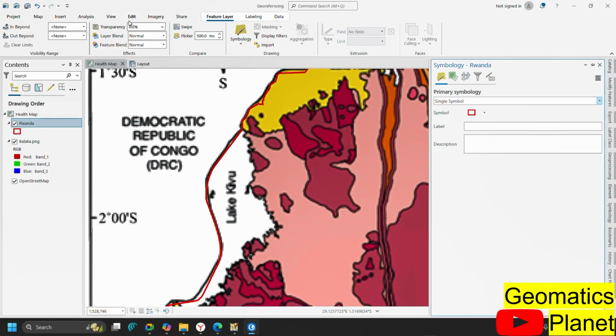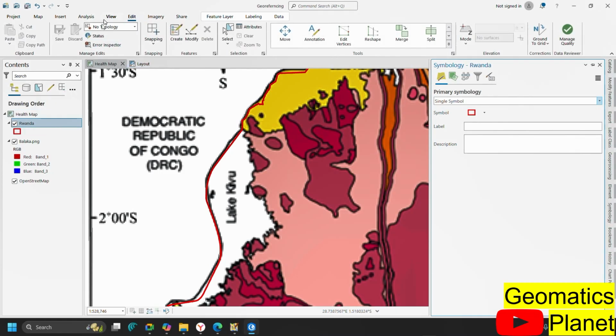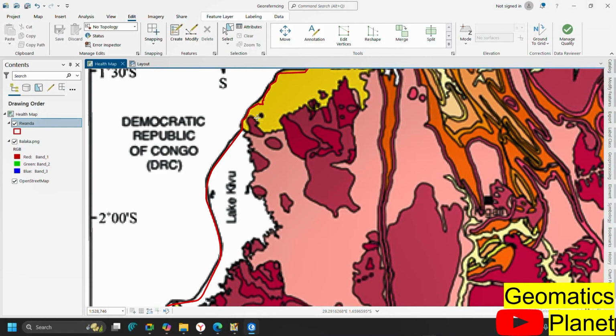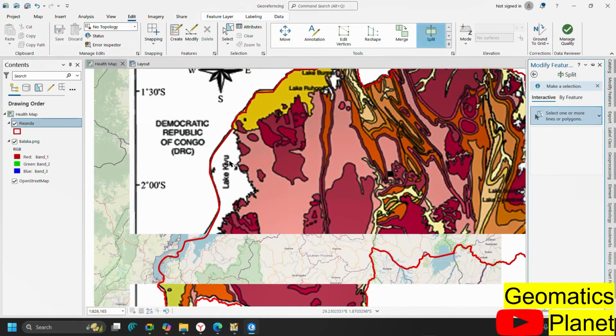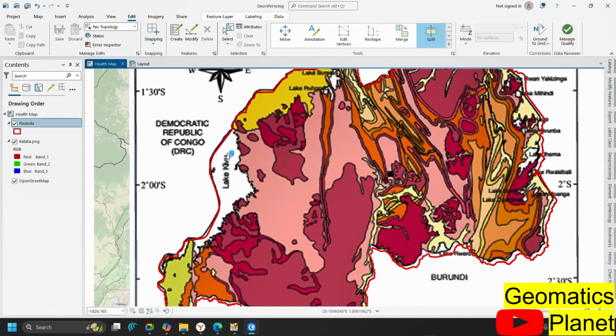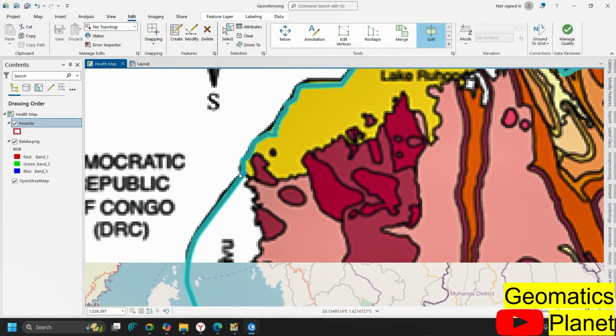So in this way, I will go to edit layer here. You see edit here, and then I can go to splitting. So you see the way I click on split. I'll select the shapefile of Rwanda and make sure it is selected, like this one, so that it will know that this is what I want to split. So you can see it highlighted. Now I can start recreating this. What this is, is like Kivu. Under split, I can just go ahead and start digitizing the